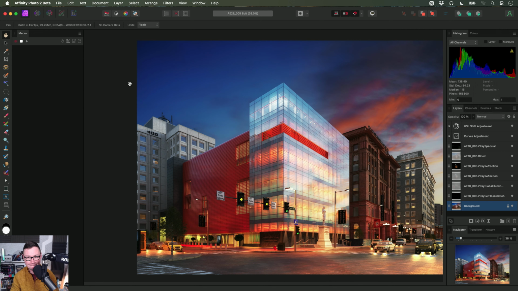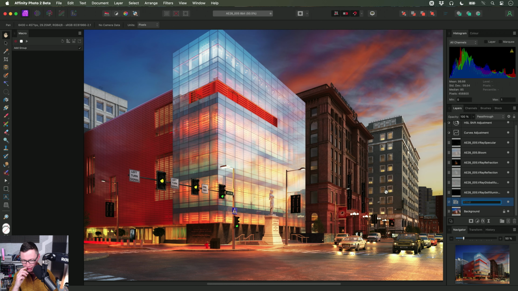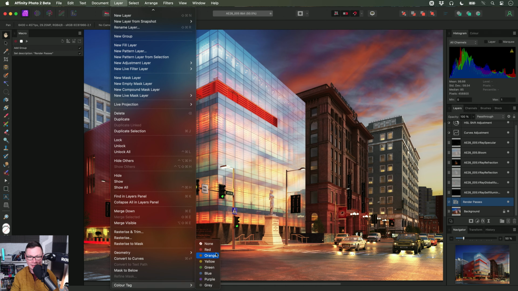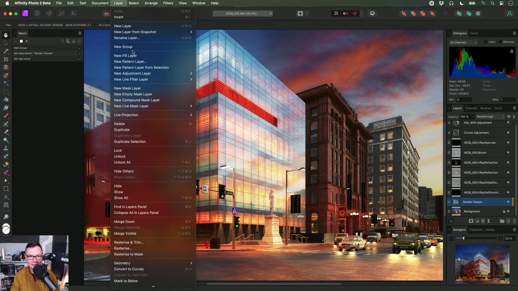If I record a macro, and perhaps for an ArcViz workflow, I might set up a group. I might call it render passes. Oh, if I can spell, here we are. Render passes. At which point I'll say, okay, let's say within my architecture company, we use a certain color coding for things. I try and right click and I cannot because the right click menu is blocked during macro recording. So now I have no way of color tagging my layers within a macro. So now they're on the layer menu and you can color tag them and they get recorded as part of the macro. So now I can add another group,